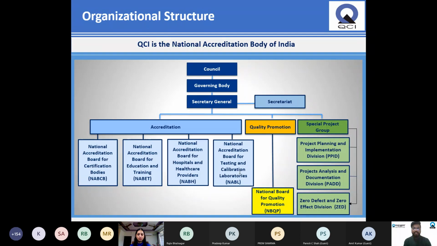QCI also has a special project division. First, Project Planning and Implementation Division, PPID. Second is PAD, Project Analysis and Documentation Division. Third, Zero Defect, Zero Effect. Fourth, Training and Capacity Building. With its constituent boards and divisions, QCI continuously leads its mission of nationwide quality movement. Through our webinars and trainings, we strive to enrich the understanding of the participants and also enhance quality of life